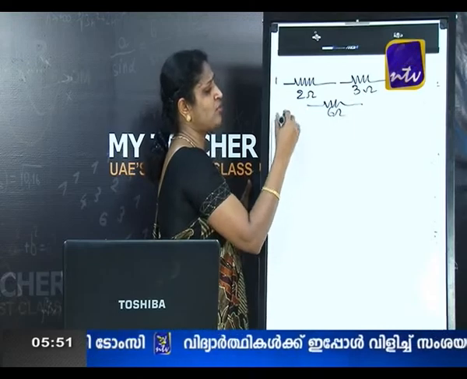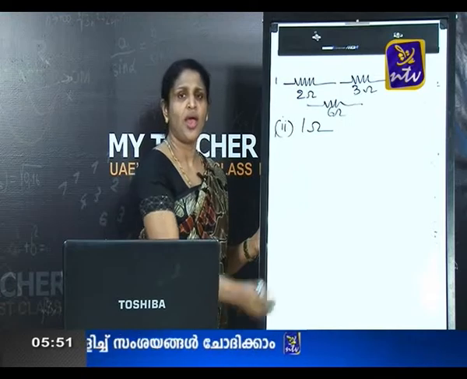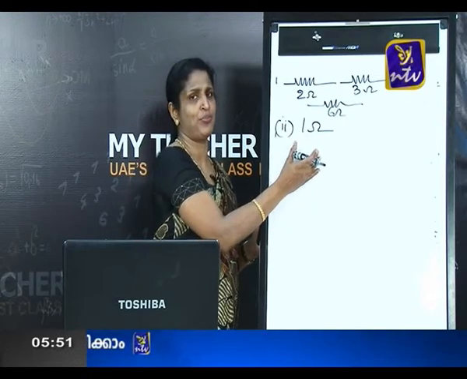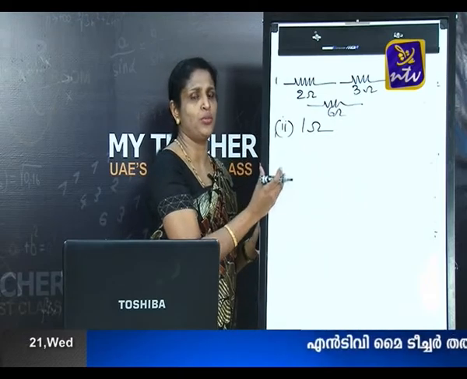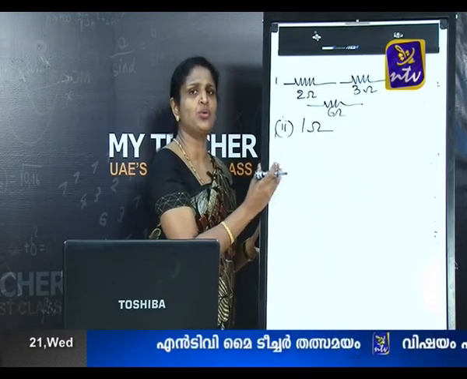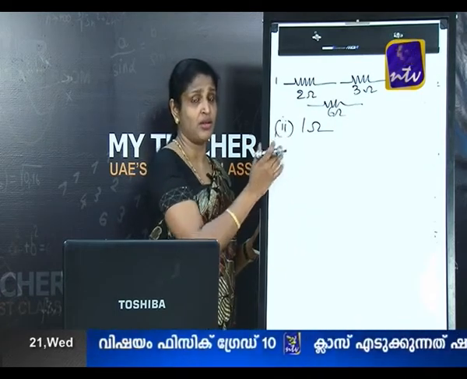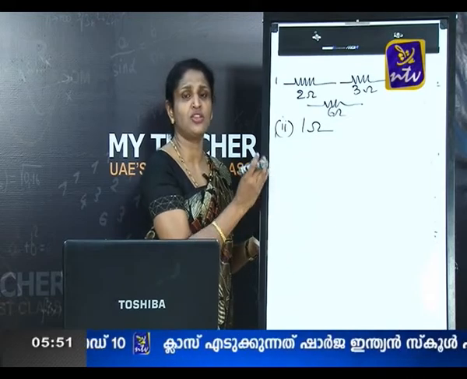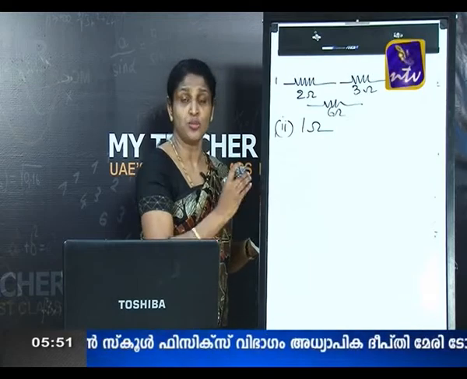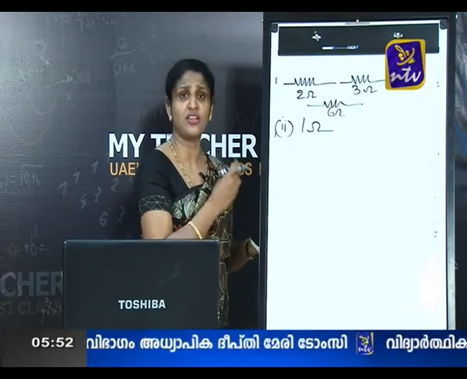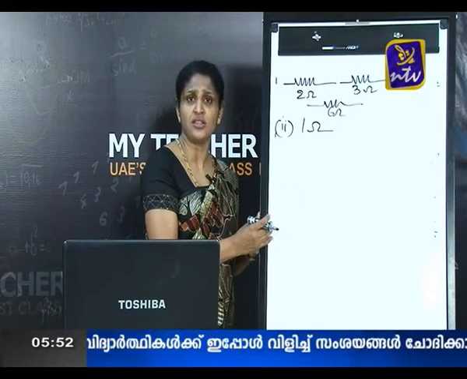Now, let us see the second case. In the second case, we are asked to get the total resistance as 1 ohm. First you can try this way. You can see we are given 2 ohm, 3 ohm and 6 ohm. Out of 2, 3 and 6, 2 is the smallest number and this answer is even smaller than the smallest. In parallel, your answer is usually smaller than the smallest. So, let us connect all the 3 in parallel and see whether the effective resistance is this.